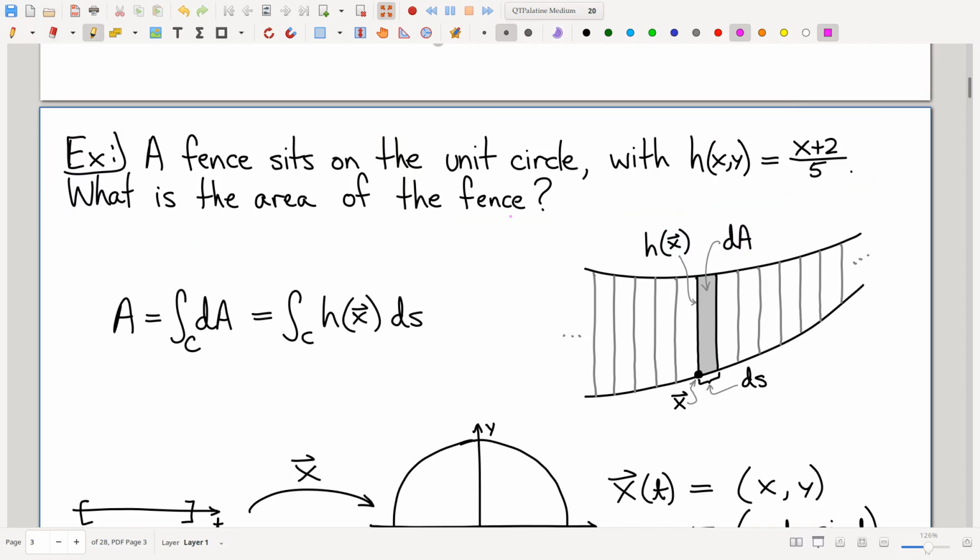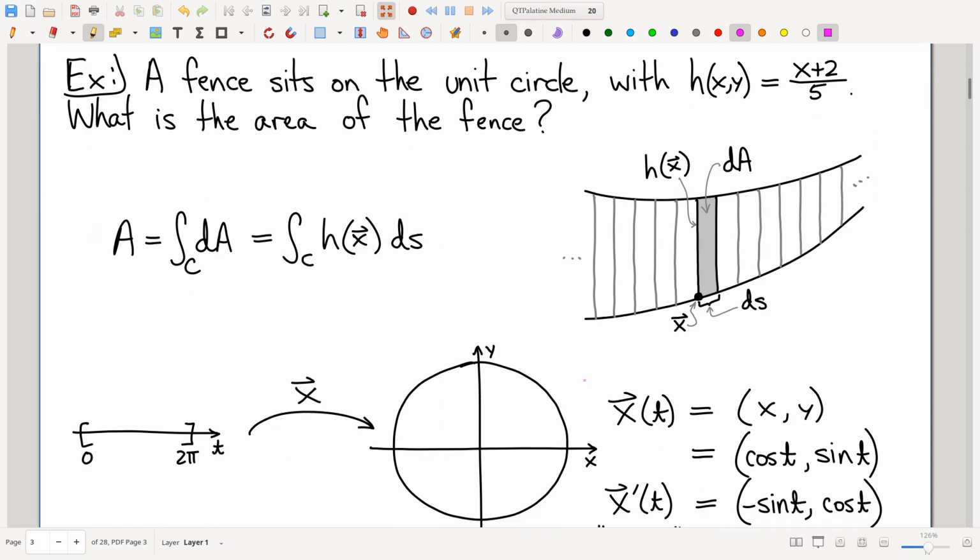How are we going to do this one? I need to know the area of the fence. Well, the big first idea is to recognize that we're doing an integral on the curve that the fence is sitting on top of, because if I were to look at a little piece of this curve, such as, let's take that little piece down there, for example,